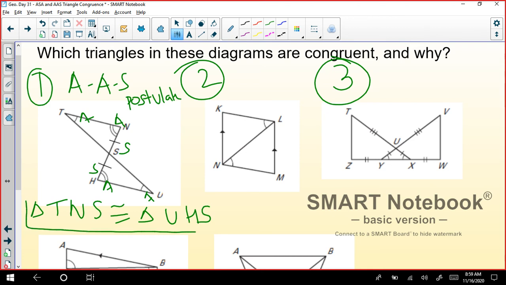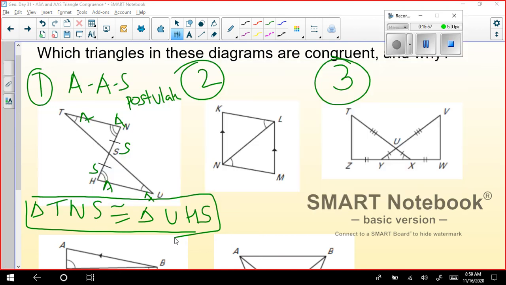So use your chat for the second and third. Okay, I'll give you exactly a minute or so. You have to give the triangle congruency statement and also the reason for why they are going to be congruent, or you can say they are not congruent also. Use your chat once you have the answer, but list this second or third so that I know which one you are doing.